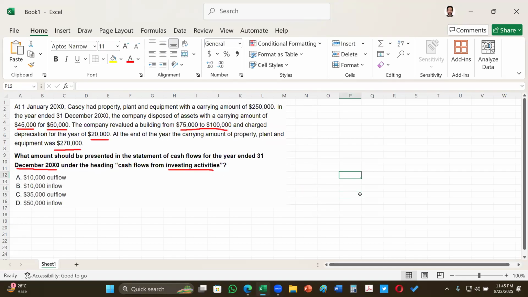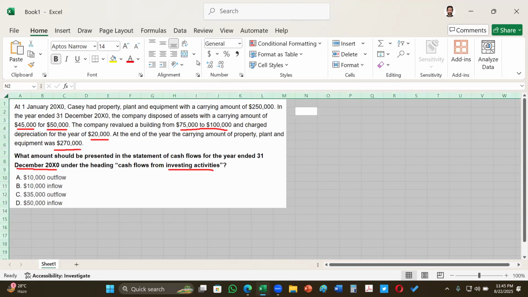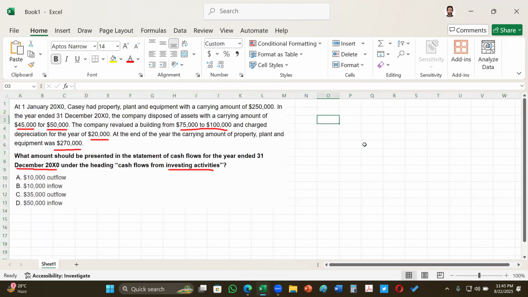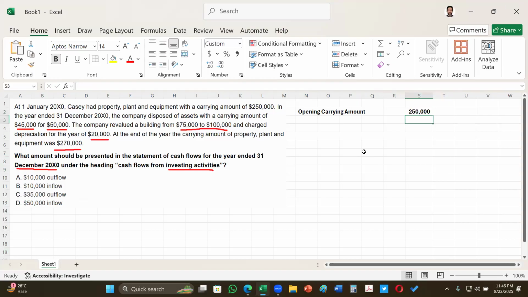Okay, so we have this first issue here. Let's just do these settings. We have the opening carrying amount, which is 250,000. And what happened during the year? We need to see that. That is the opening, and at the end of the year,